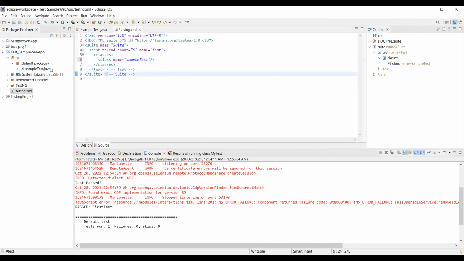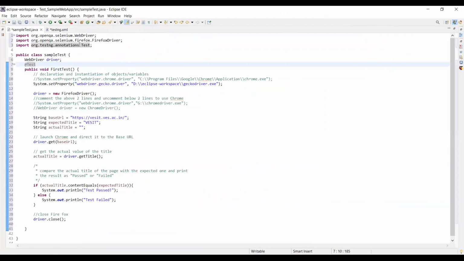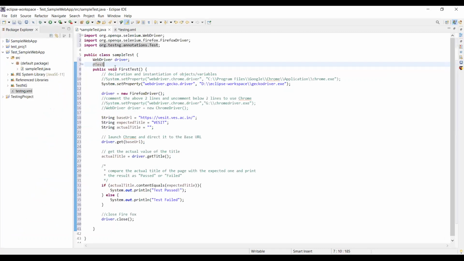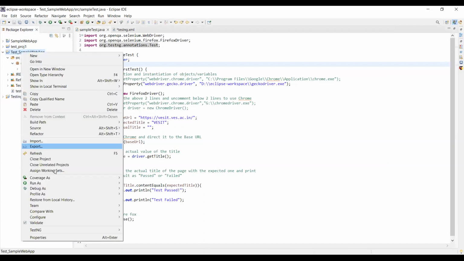If there was a package name over here, you could write package/the name of the file. And this sample test is the sample test that you have written over here. Okay. So let's save this file and execute this as a TestNG test.